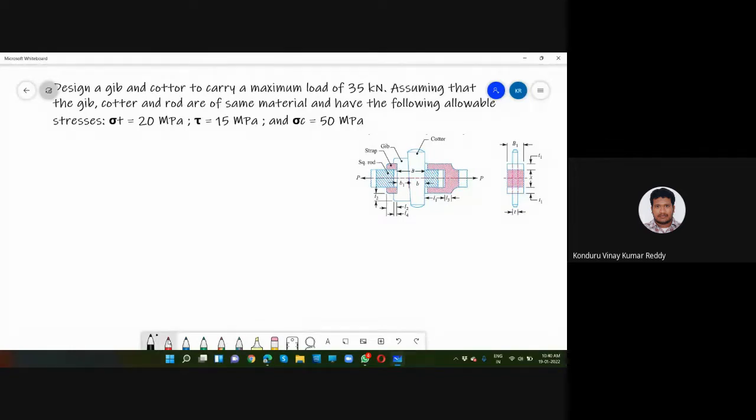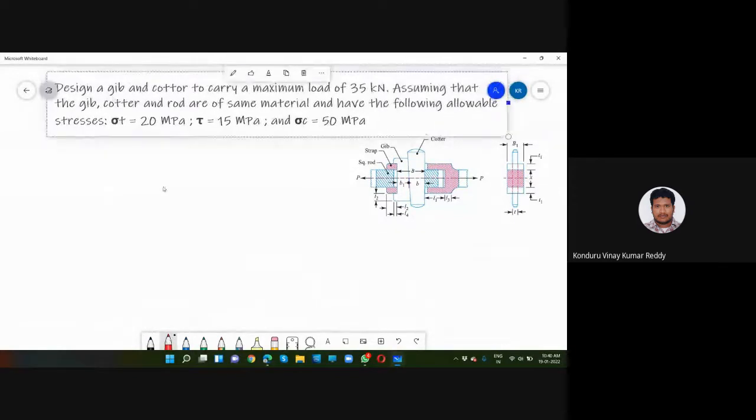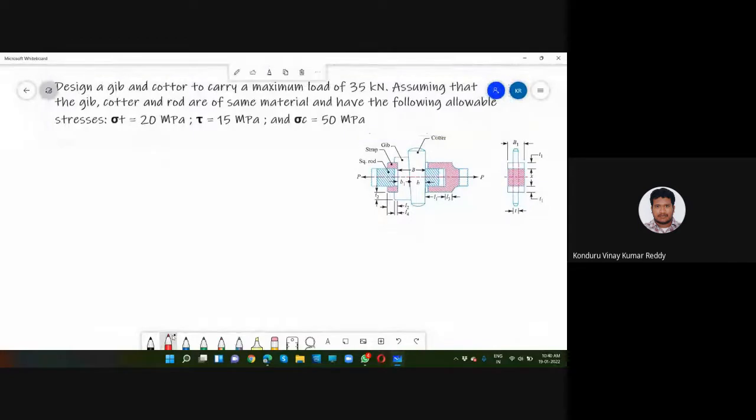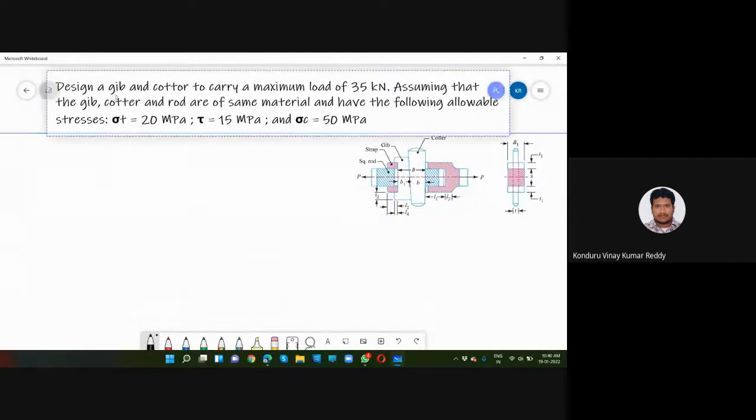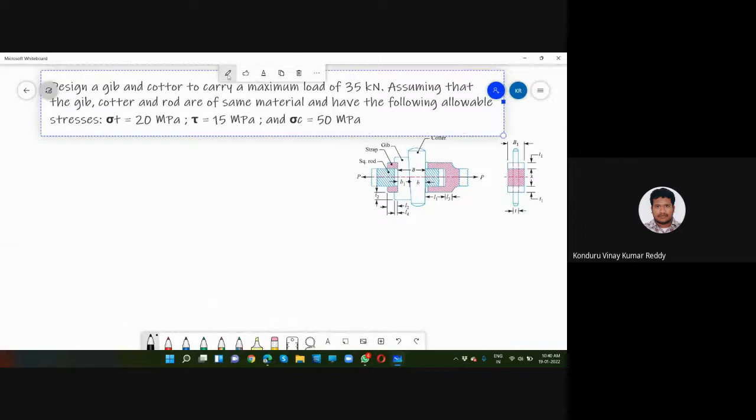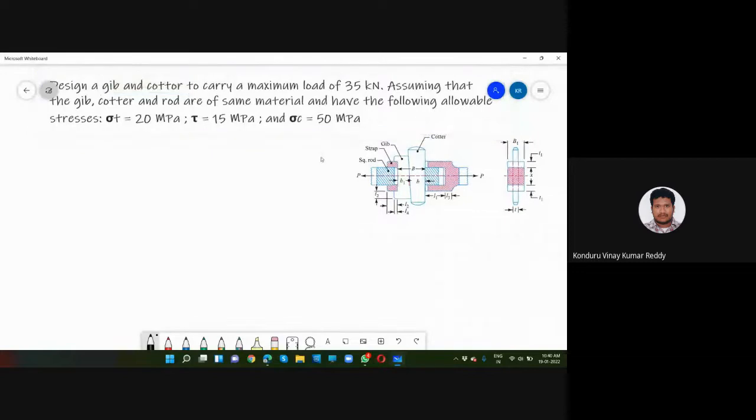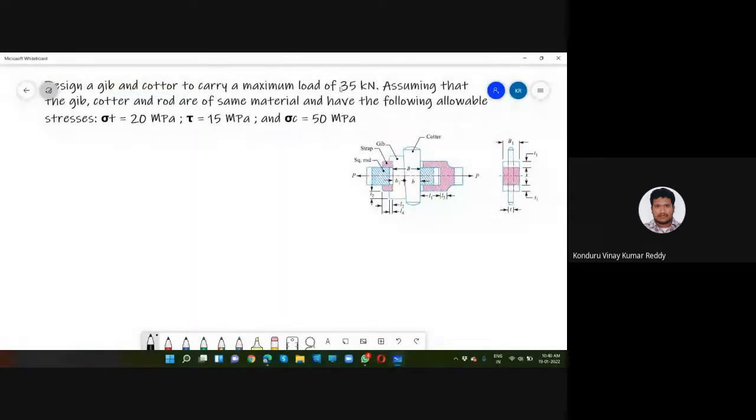Here we have to design a Gib and Cotter joint, which is carrying a maximum load of 35 kilonewtons. Assume that Gib and Cotter end rod are of the same material, having allowable stresses. One is normal stress equal to 20 megapascal, shear stress equal to 15 megapascal, and also